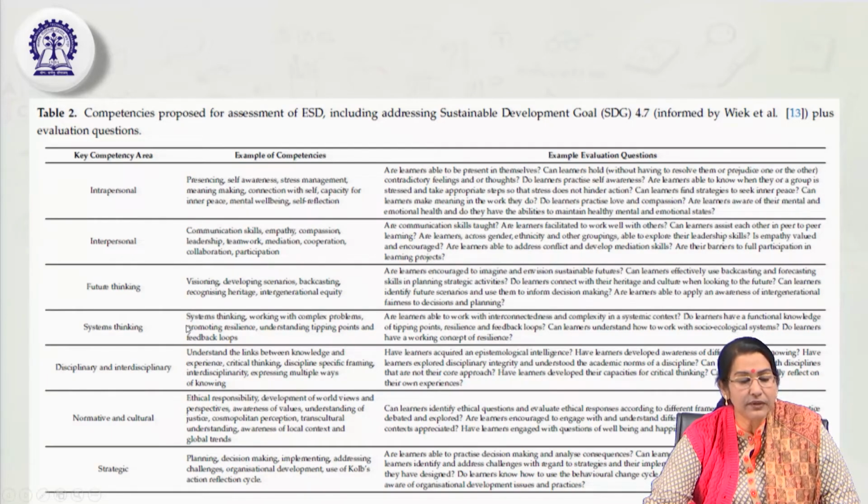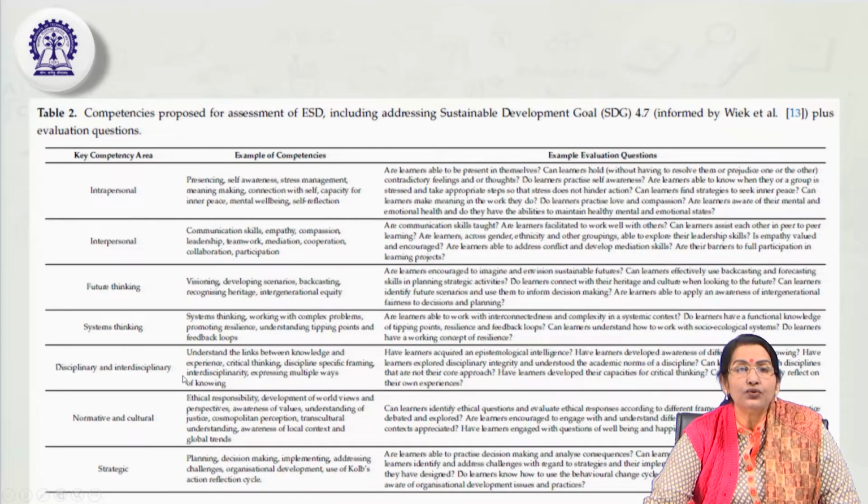Systems thinking is having a holistic perspective to look at complex situations, complex problems, to identify their loops and to resolve the issues, along with enhancing our capability of optimism, positive thinking, resilience, and positive attitude. So, then disciplinary and interdisciplinary: sustainability is such a concept, sustainable development is such a concept, and ESD is such a tool to establish all kinds of disciplines,